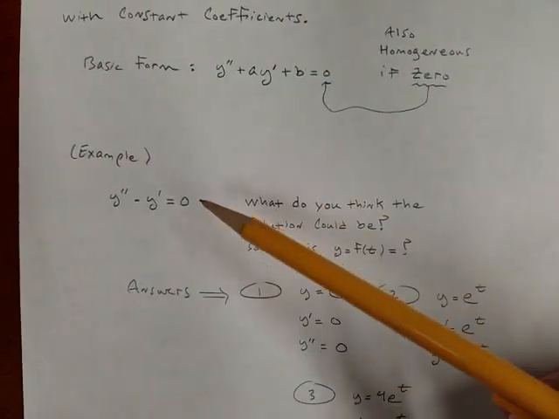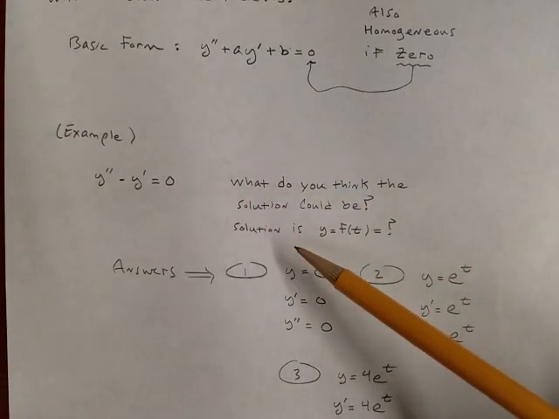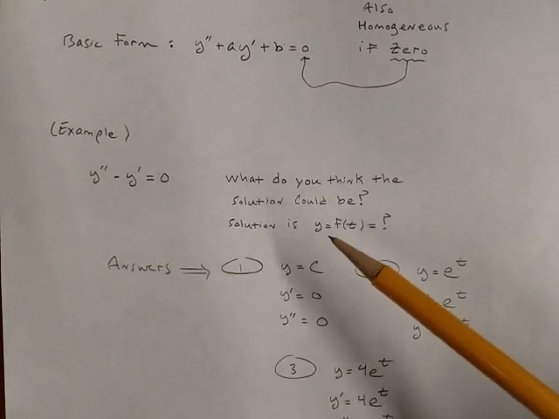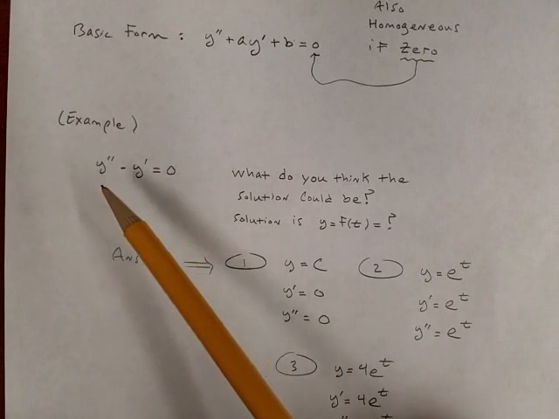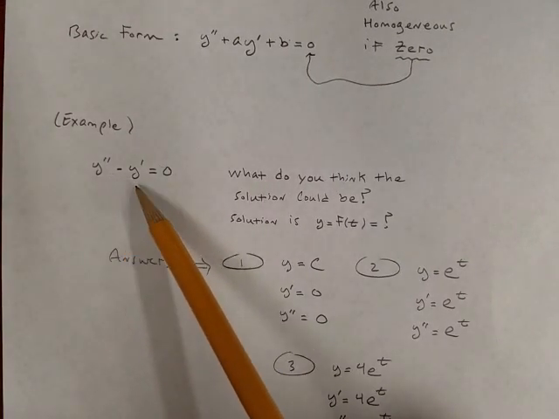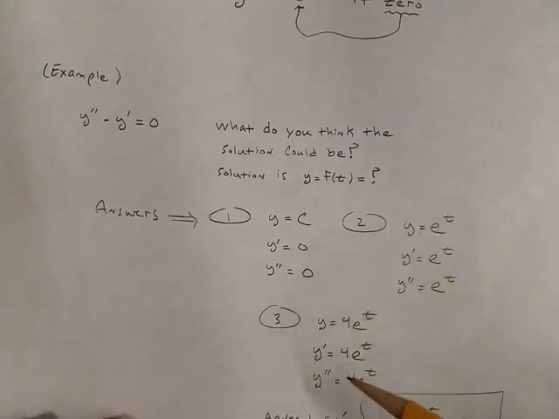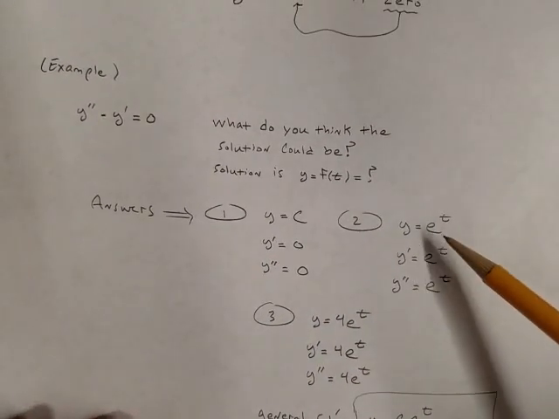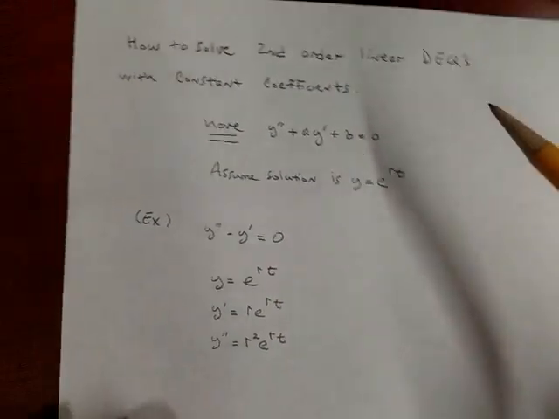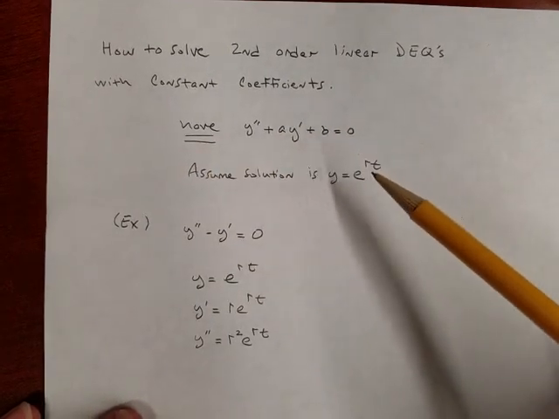We took earlier this example, and I just wanted everyone to look at this and think about what kind of function could do that, such that you had the second derivative minus the first and you got 0. One thing that we came up with and verified was the exponential function. So alright, let's say that anytime we get something like that, let's just assume that the solution is going to